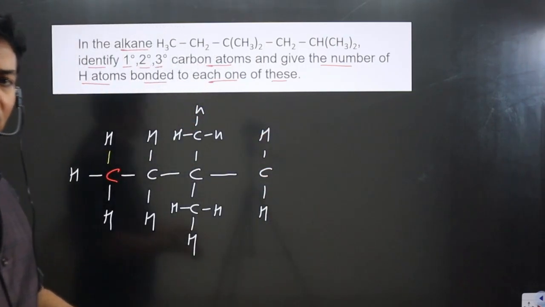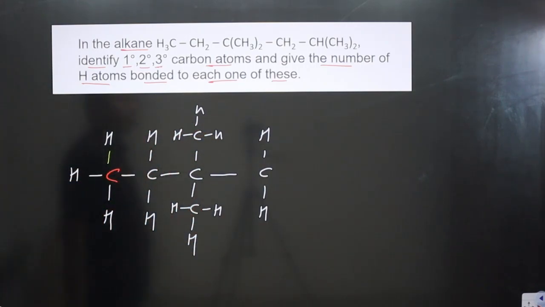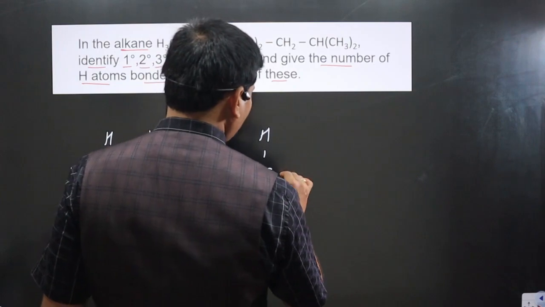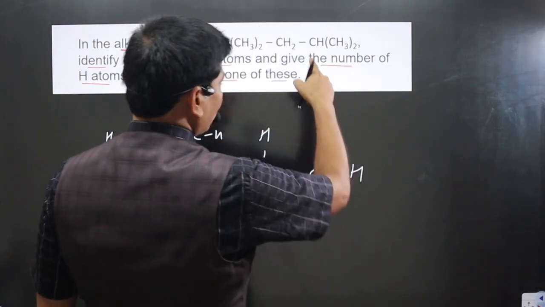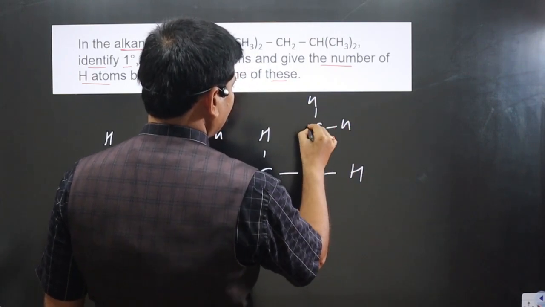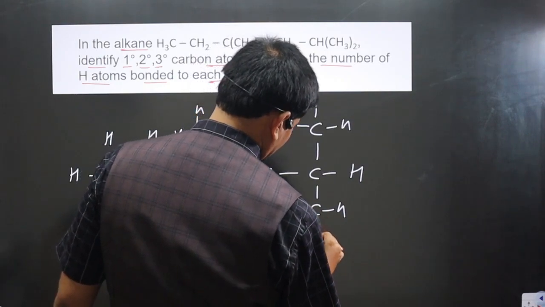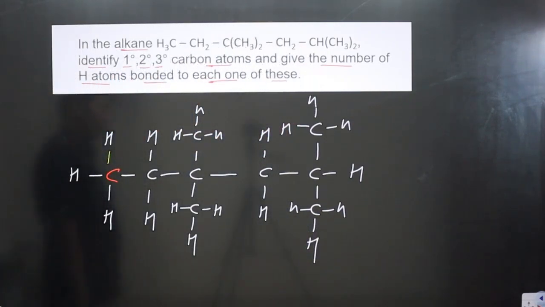We mention these hydrogens in this form so that we can easily calculate the number of hydrogens attached to the carbon atom. Okay, next we have CH. Here we have CH, but to this carbon also two alkyl groups are attached. This is what we have, H, H, and this is H, and here also one alkyl group is attached. This is H, and H is there. Okay, this is the compound we have.